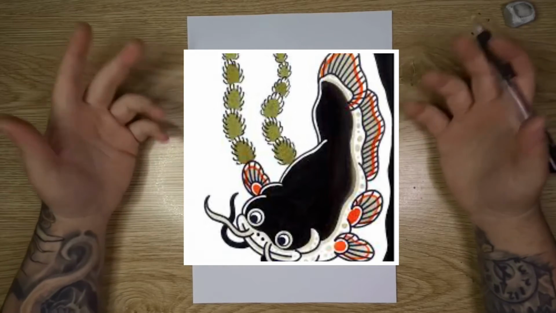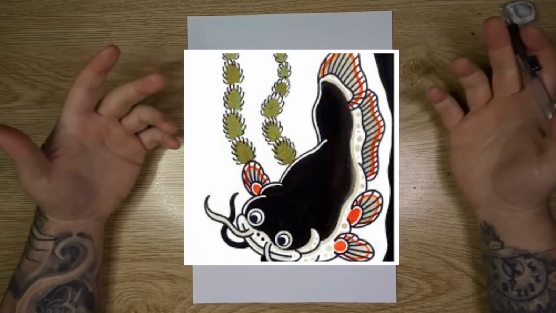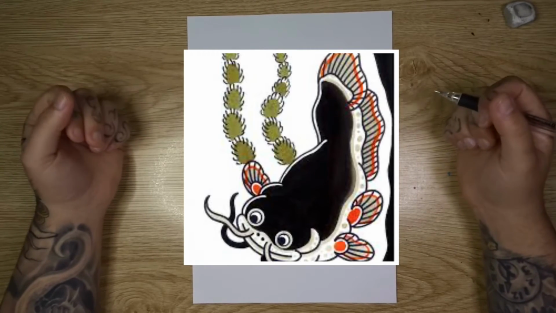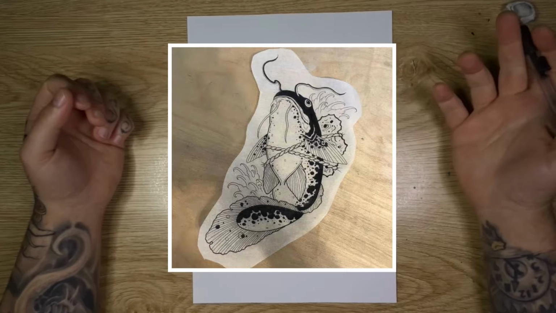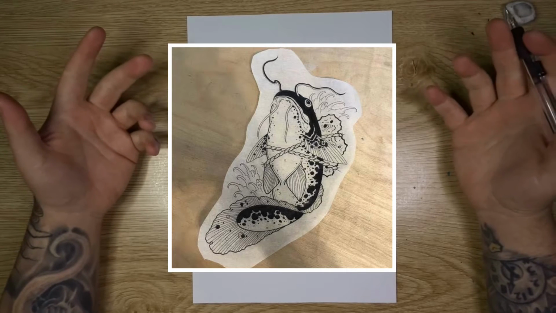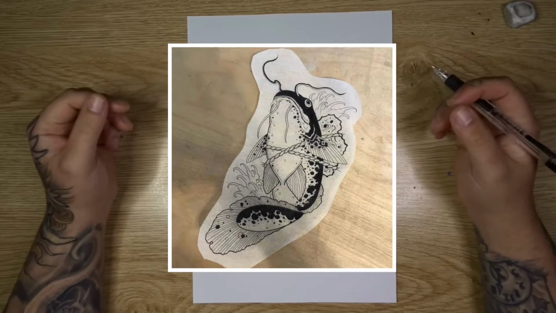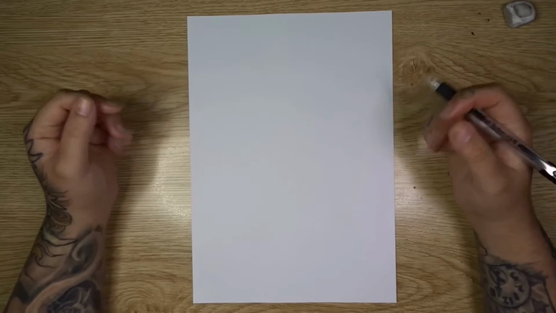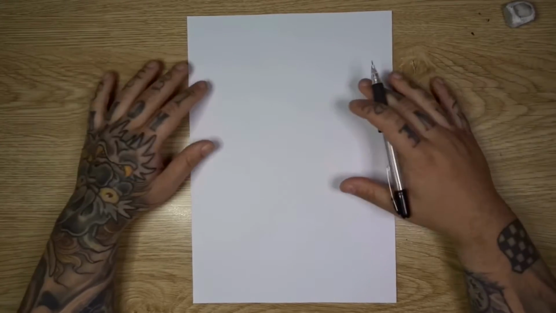One of them is a more cutesy sort of style, which, you know, I like. I think it looks nice, and it's really simple and bold. That's sort of what I appreciate about it. And then there's this sort of more detailed and more grotesque looking style, which looks a little bit more realistic, falls more into a neo-traditional category, and that sort of thing. So I sort of like both of them, and I'll try and do something that's a little bit in between